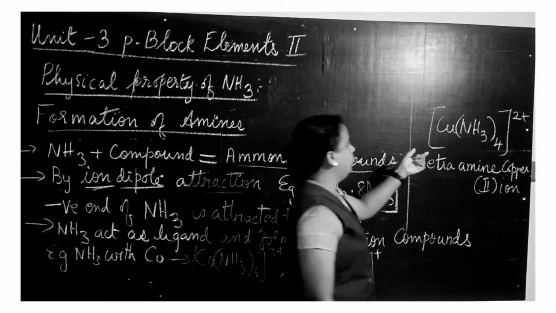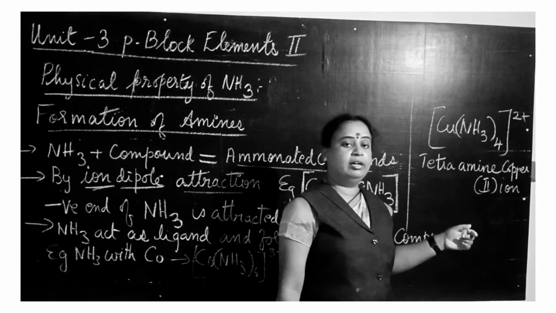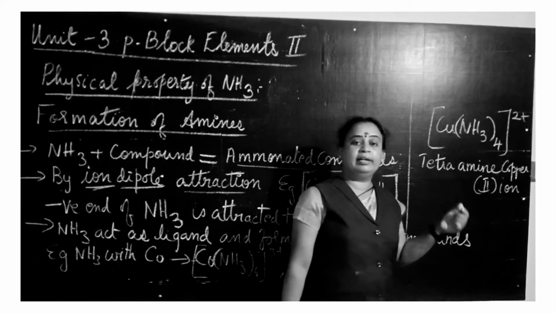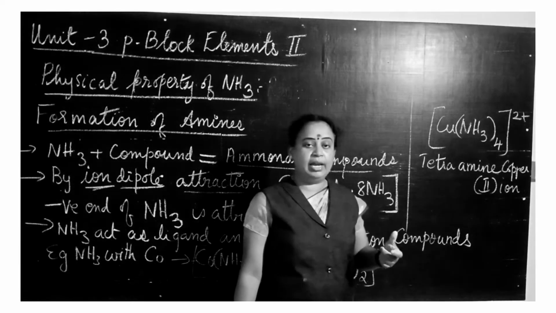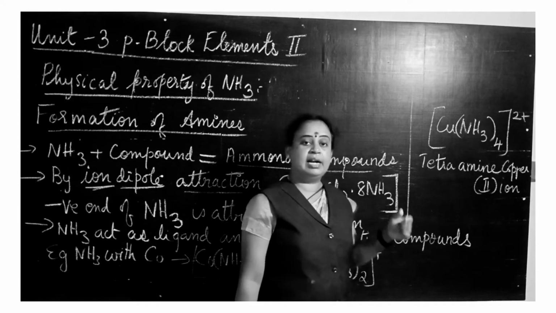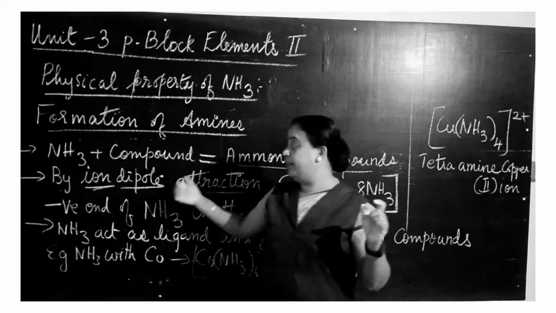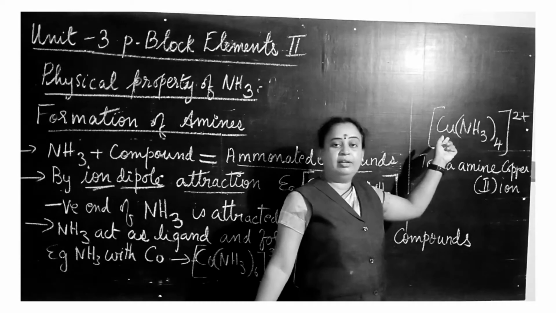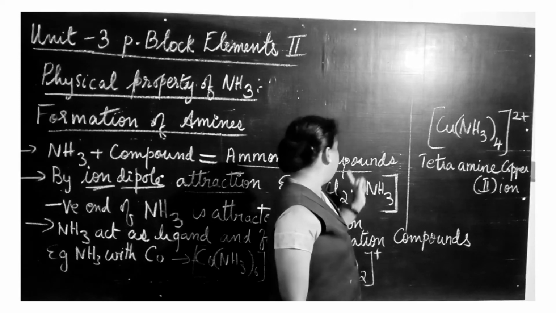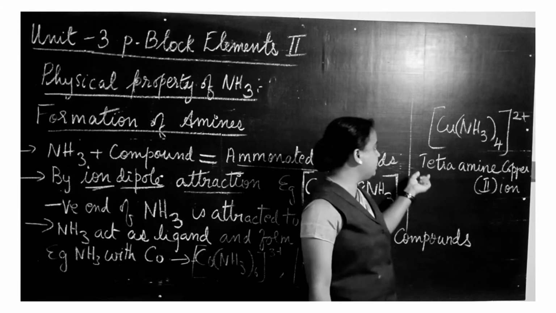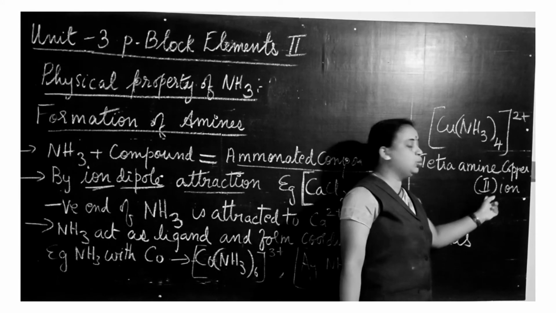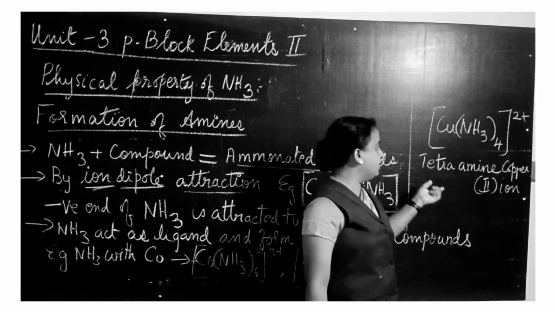Now likewise another one is, as we have seen earlier, that ammonia can combine with the copper metallic salt. When it combines with copper metallic salt, ammonia will have an ion-dipole attraction with that of the copper Cu2+ ion, and it forms a coordination complex. So that is tetraamine copper(II) ion. Okay, so this tetraamine 2